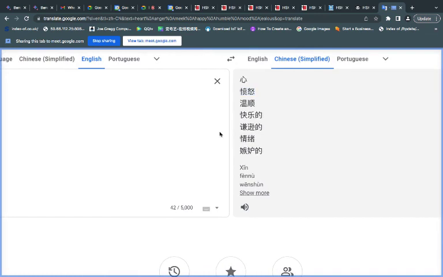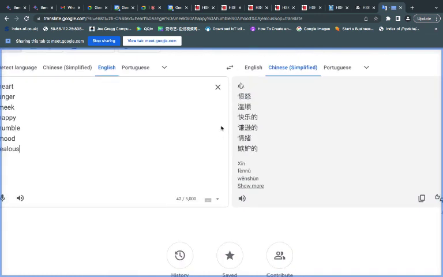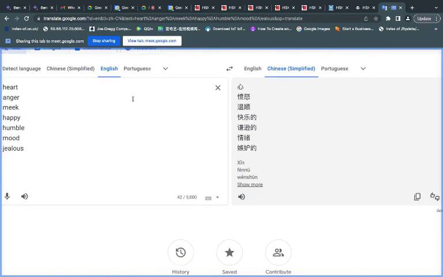radicals, right? Chinese radicals. They're like those building blocks that come up. Everything that has to do with your heart, like your feelings, you see the heart come under or be thrown somewhere. Some of these might not have it, but some of them might have it. And there's more than one way of expressing it. Like you see here, happy is kwaila.